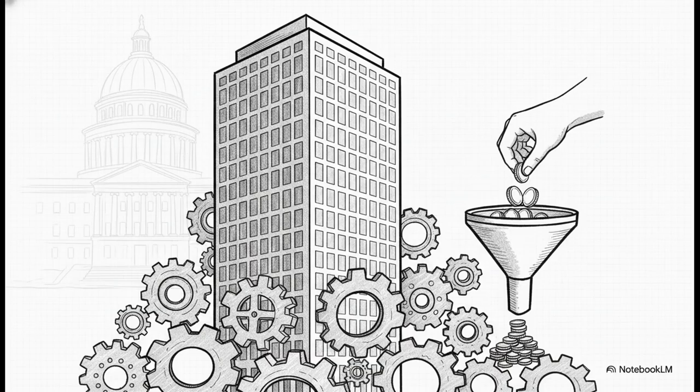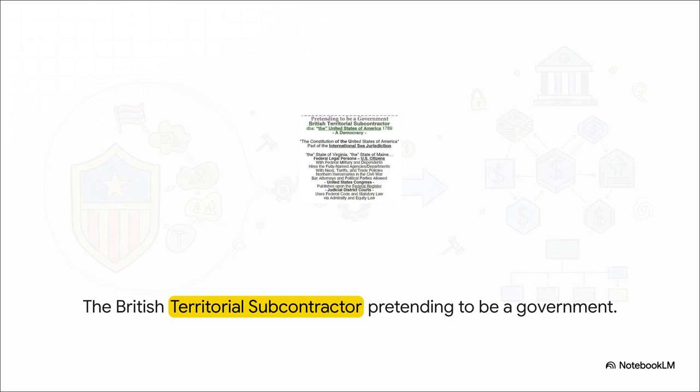So what we see depicted here is the historical claim that a territorial subcontractor essentially stepped in to usurp the powers originally meant for the federal republic. This system uses federal code and statutory law via admiralty and equity, rather than the original common law. Functionally, it's operating by pretending to be the original de jure government.